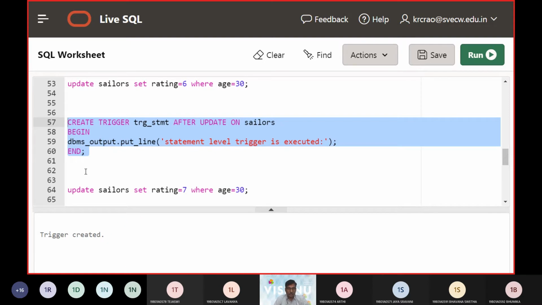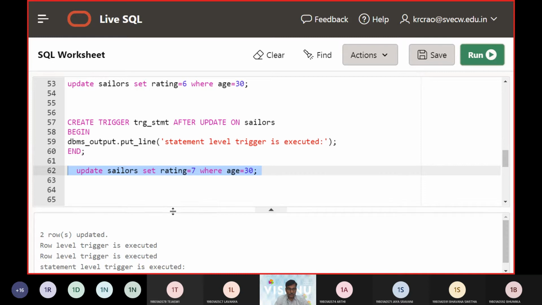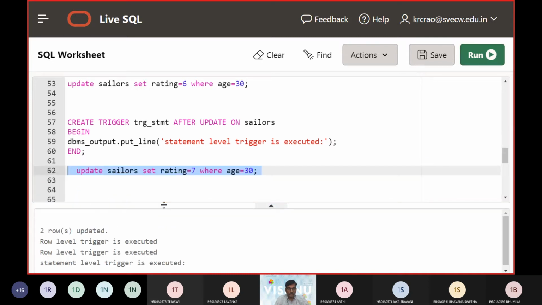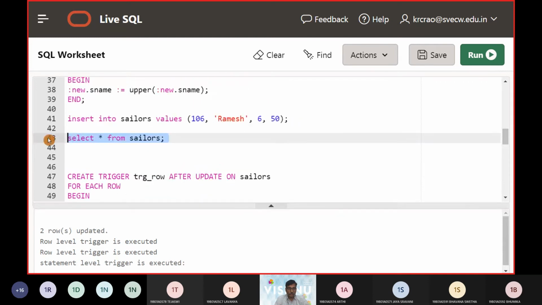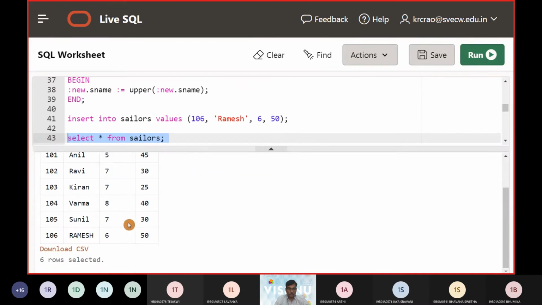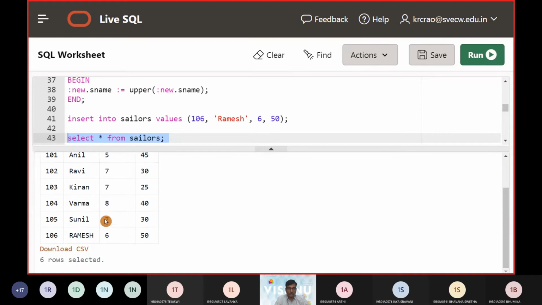Then it shows that whoever has age 30, it is saying that it is affected. Now let us see whether it really happened or not. I'm going to say select star from Sailors at this point. Whoever has age 30, it was converted to 7.